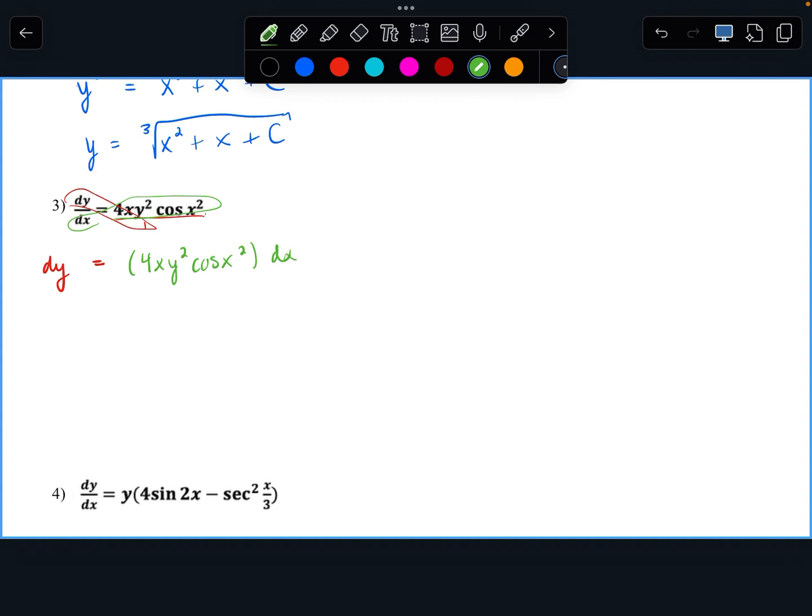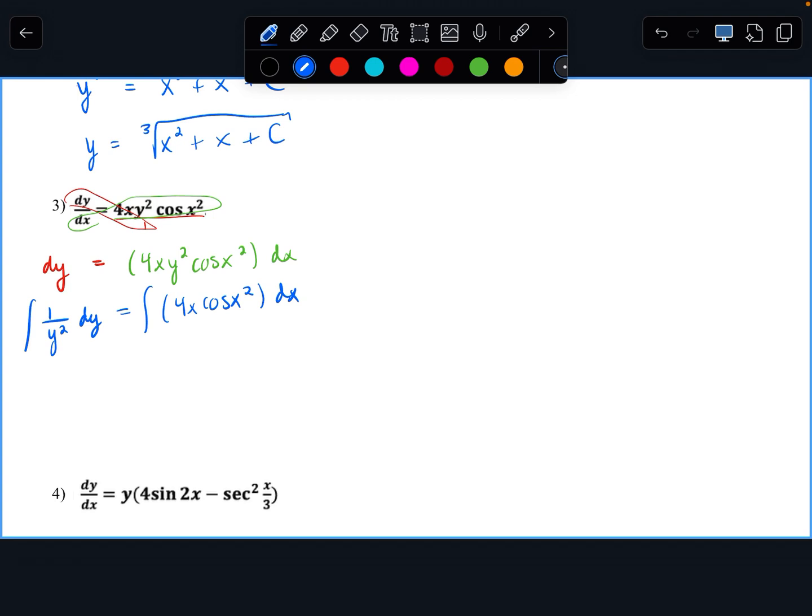Okay. But then you don't want the y over there, because you should only have all dx's on the right side, dy's on the left. So you just have to do a little bit more algebra to throw that y squared over. So you're just going to divide it over. So it's going to be 1 over y squared dy equals, and then all this stuff, 4x cosine x squared